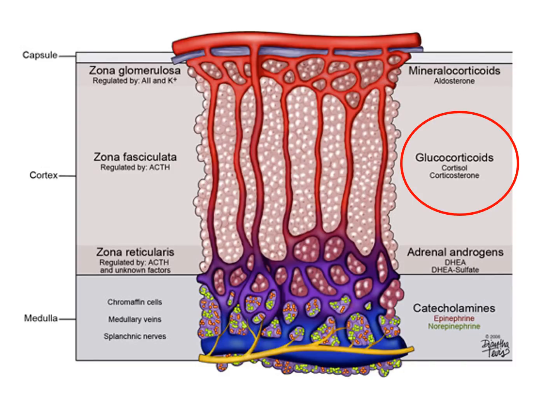Here's those three layers of the cortex again, and you can see that the glucocorticoids, under the control of ACTH, primarily come from that middle layer, the fasciculata layer. If you want to remember that, that's fine, but I won't test you on that. At least at a high level, understand that those steroids are coming from the region referred to as the cortex, the adrenal cortex.